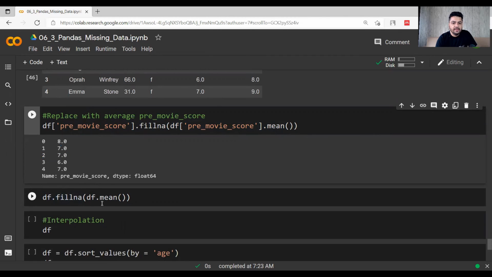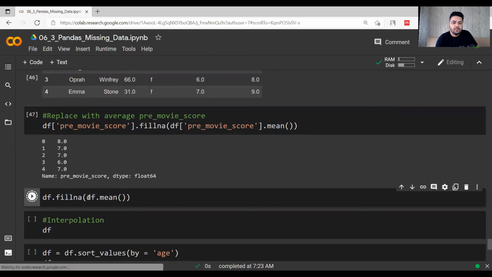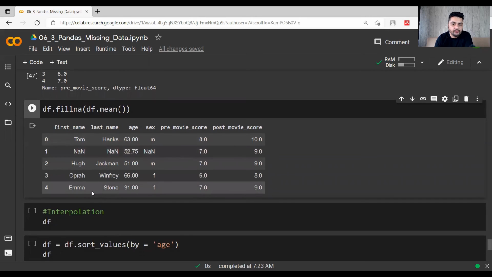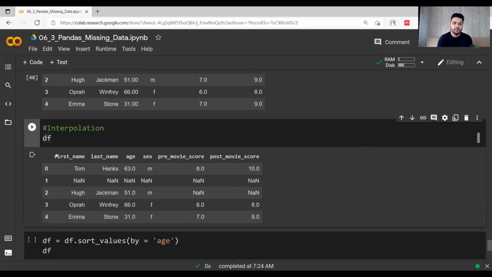Now df.fillna, you can do it for the complete data frame also. So within the columns where there were numbers, for the age column as well as the pre-movie score column, they were in the form of numbers and mean value could have been found. That's why it has been replaced with the mean value. Previously we have discussed interpolation. There were two values, 25 and 75, and we had said that in the location 1 the value will be 25 plus 75 divided by 2. So that same thing will be done automatically now.